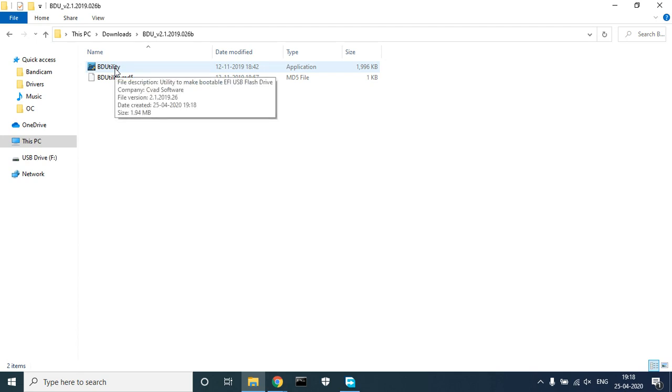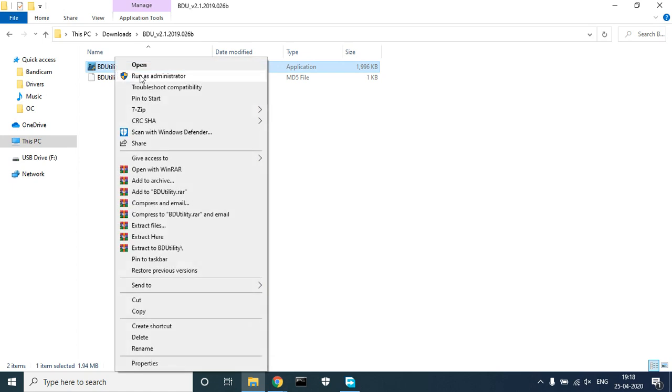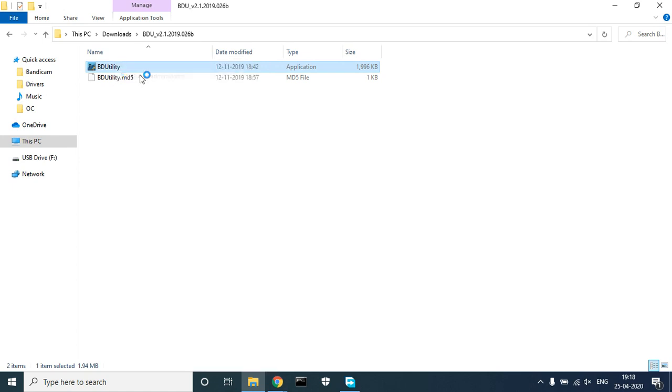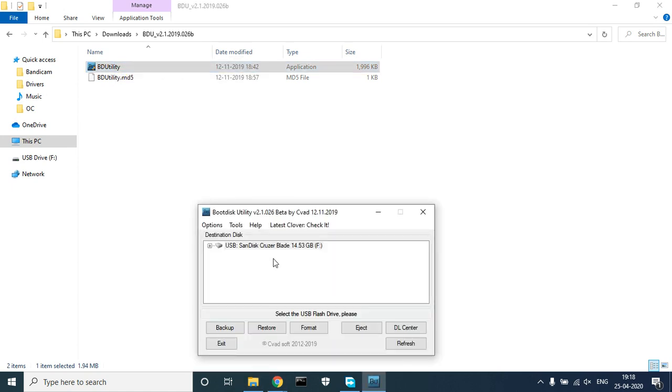Now right click on this icon BD utility and run as administrator. Now upon open, click on options, configuration.